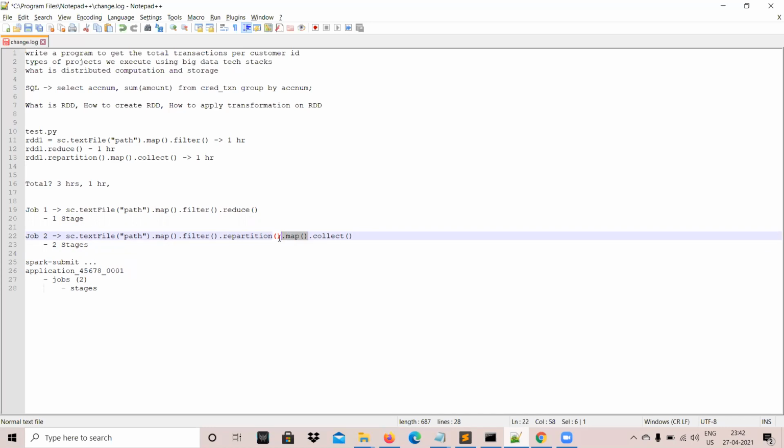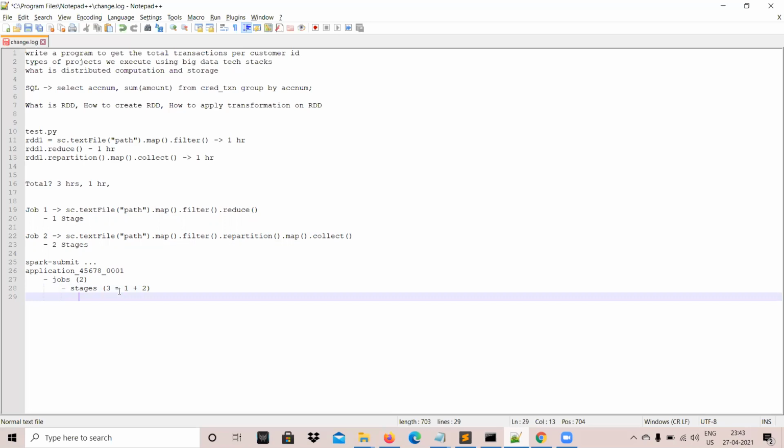If you revisit another wider transformation, then we can decide further subsequent stages. So in total 1 plus 2, 3 stages. Job 1 has 1, job 2 has 2. That's how the number of stages gets decided.